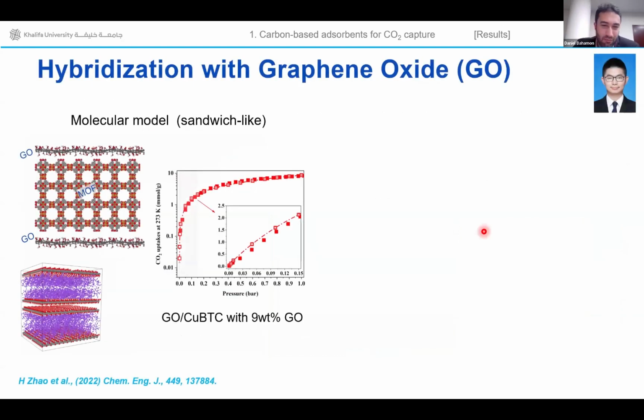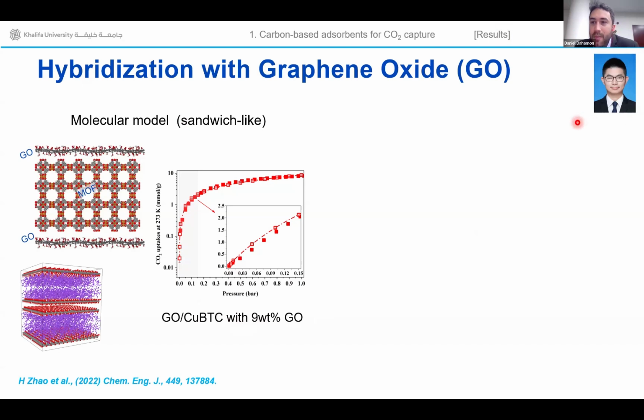I'm showing here very briefly another strategy you can follow. Instead of having functionalization of your materials, you can have something called hybridization, in which you can use materials like metal organic frameworks, which are known to have a very good CO2 capacity or affinity, but you know that they are not very stable. So you can improve the mechanical properties by combining this material with some carbonaceous material, like for instance graphene oxides, in order to form these hybrid structures and try to get a synergistic effect on the performance.